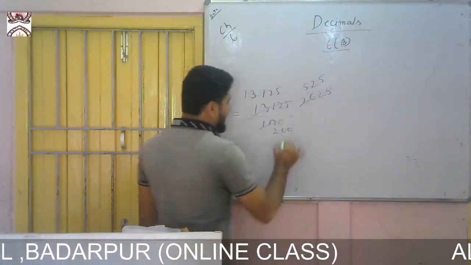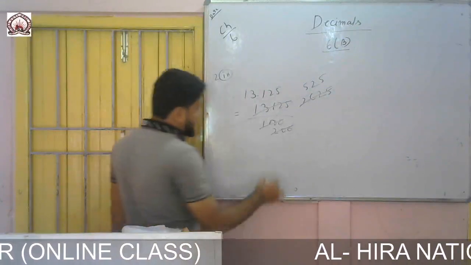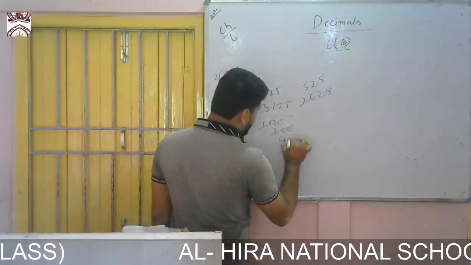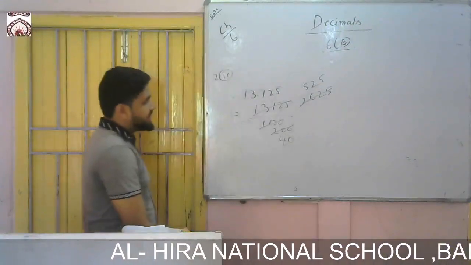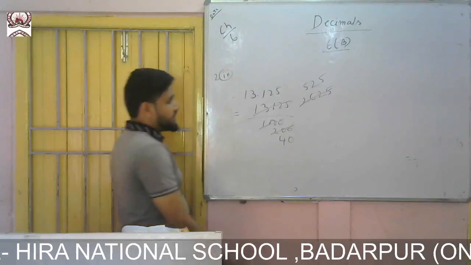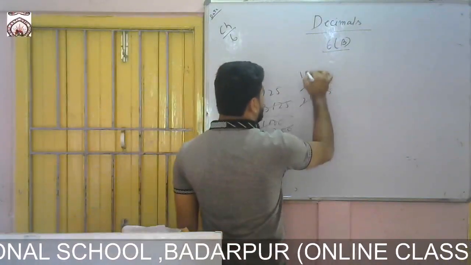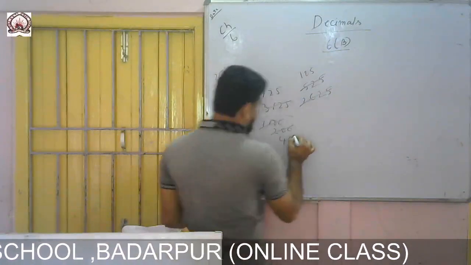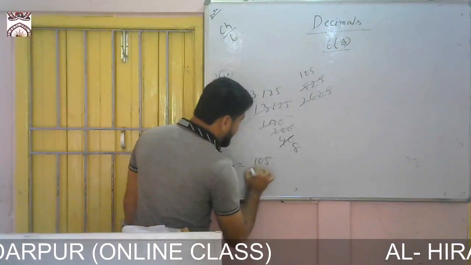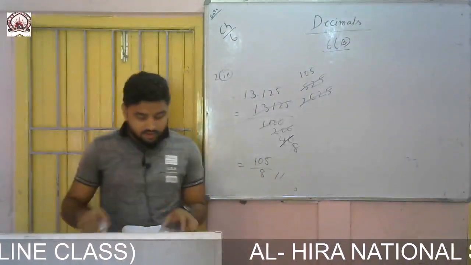5 to 5. Okay. And if we cancel this one with 5, then 5 4s are what? 20. Then 1 0. Now cancel this one. 5 1s are 5. 1 0 5. Okay. And this one you can cancel with 5. 5 8s are 40. So it will be 105 by 8. That is the answer. So like this you can solve all.